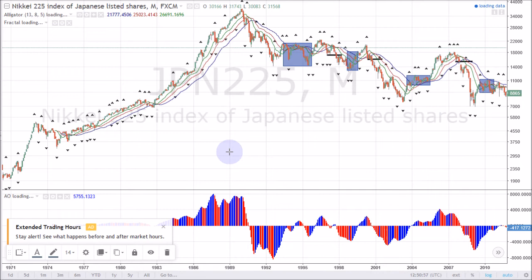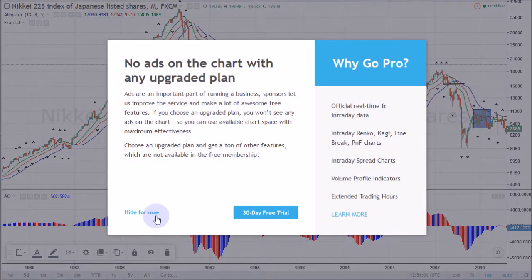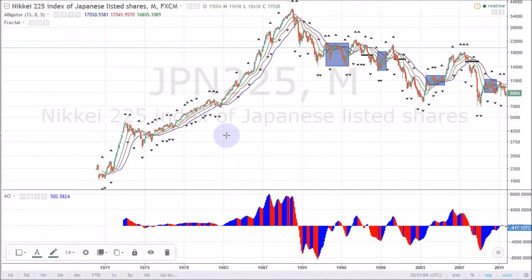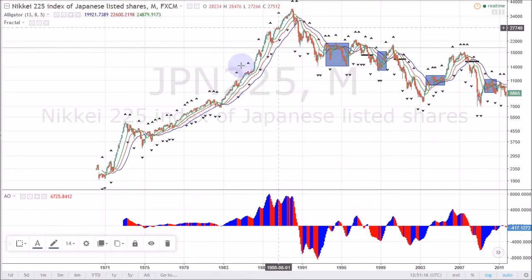Now, when we take a look at this Nikkei market here, we really do have nice charts in TradingView, even in the free version. Absolutely recommend this trading platform. When you take a look, we have the Nikkei here from 1971 all the way out to 2011 right now. You see a massive uptrend,